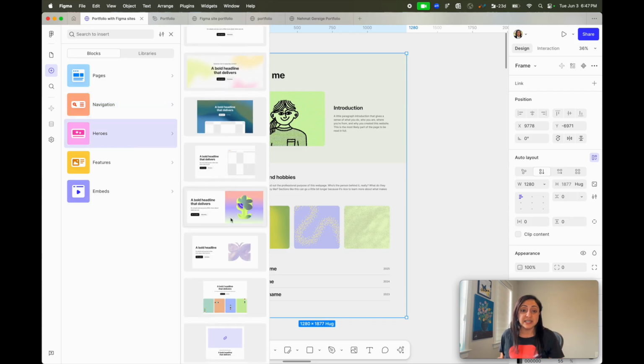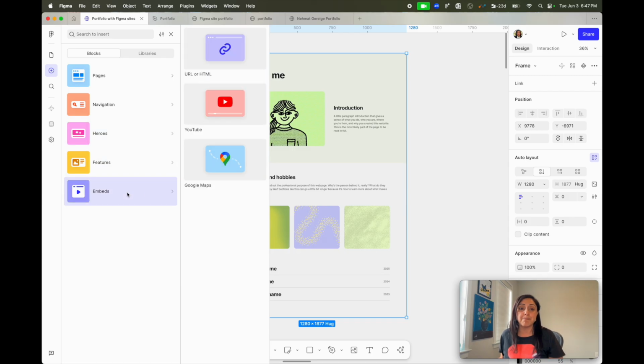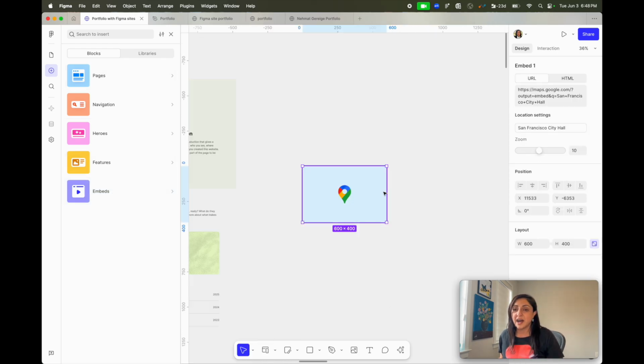They would be very handy. Hero sections that could be definitely used on the main homepage of your website. Features, as well as embeds that include things like Google Map and a YouTube video that can be embedded, or a link to your website or URL. The map element, for example, if I was to insert that without having anything selected, you will see on the side